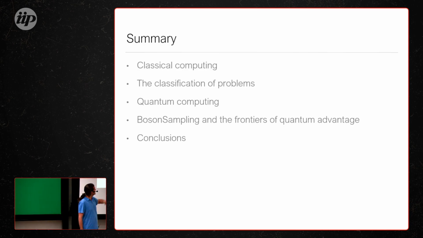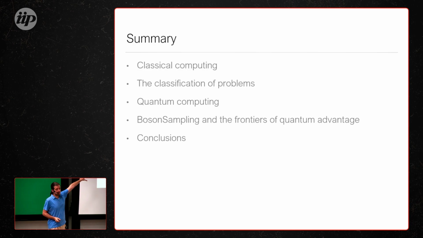This is what I'm going to talk about. I'm going to start by telling you what a classical computer does and what we understand this means, and the sort of architectures that are behind it. Then we'll move to the classification of problems, so that's going to be complexity theory. And complexity theory is the theory that's going to give us confidence that quantum computers actually can do something that classical computers cannot. I'm going to try to give you a flavor of what arguments there look like, how we can ground our belief that quantum computers are doing something that's non-classical.